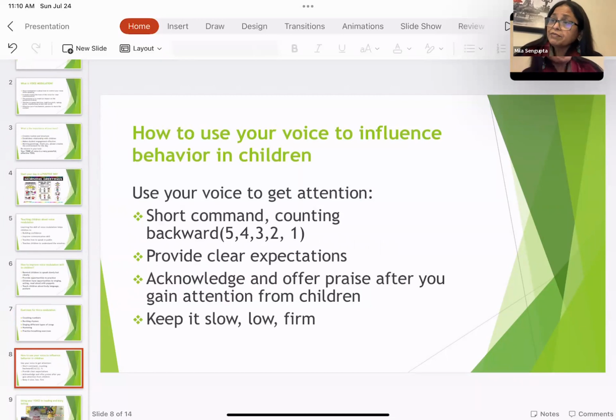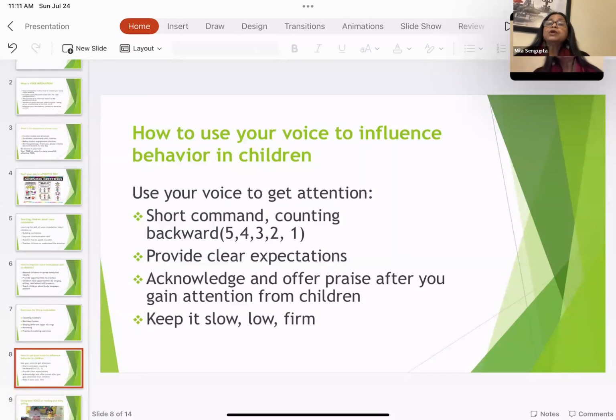Now, this is something very, very important that I felt I would like to address and add to this training session. We have children where we need to repeat ourselves to get their attention. So here are some simple ways where we can use our voice or voice modulation skills to draw children's attention. To get attention, for giving a short direction or command,